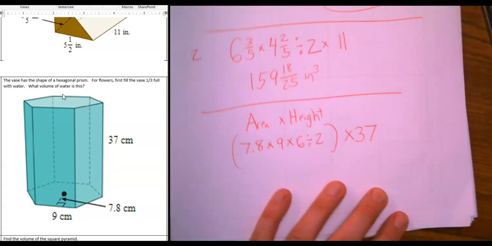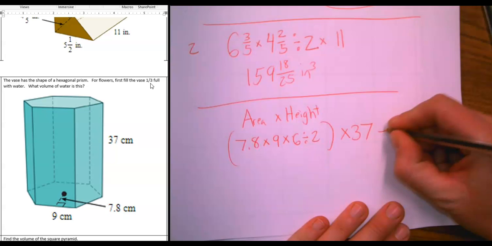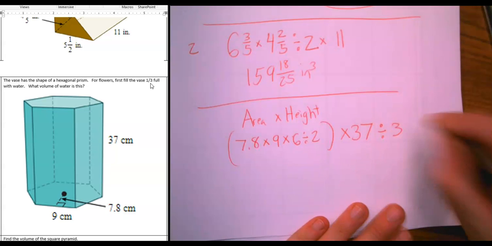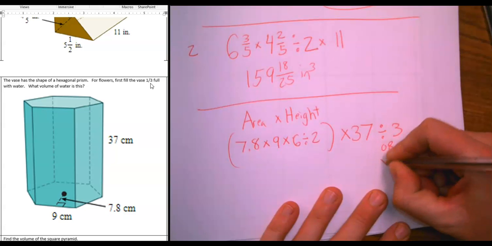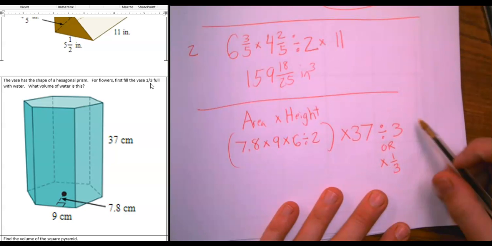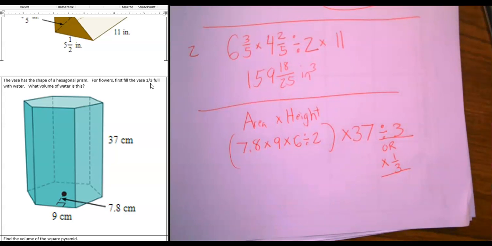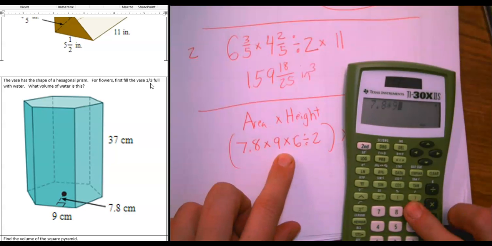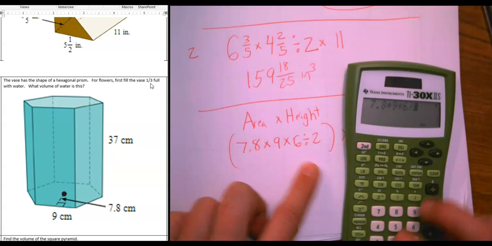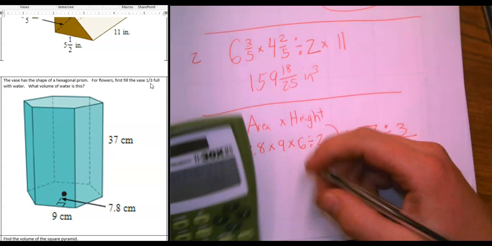Now, we're only going to fill it 1/3 full. So 1/3 means we're going to divide it by 3 because we're only using 1/3 of the base. Or you could times by 1/3. What you cannot do is divide by 1/3. You can either divide by 3 or times by 1/3. So I take my calculator, I type in 7.8 times 9 times 6 divided by 2 divided by 3, and I get